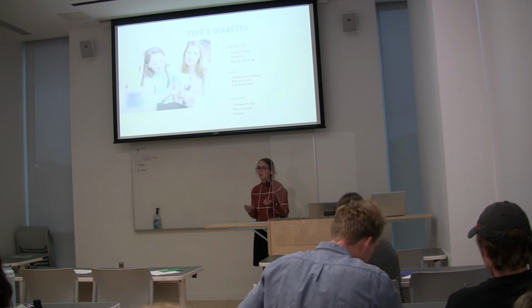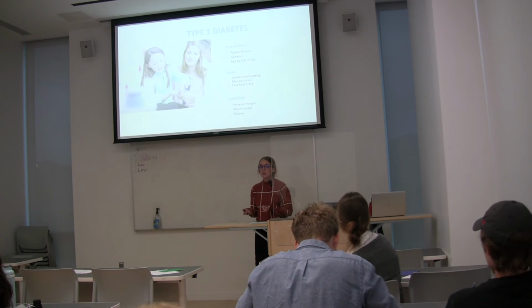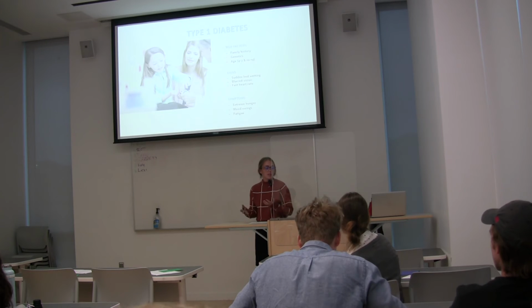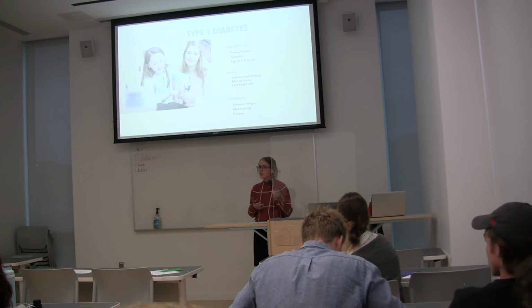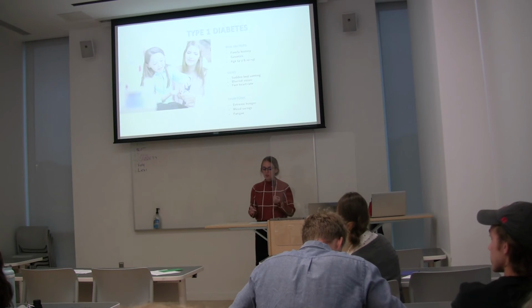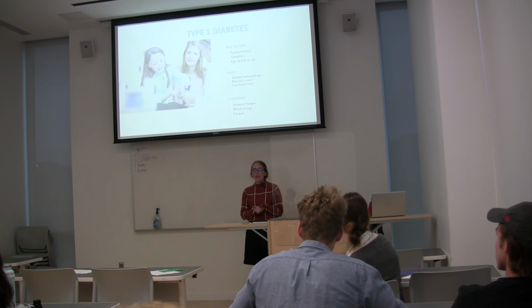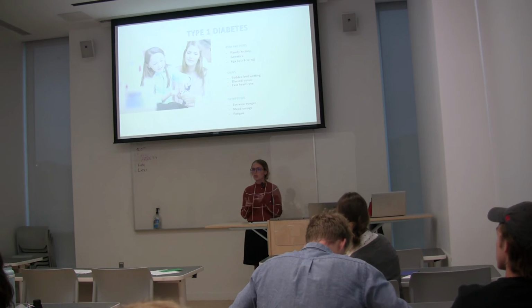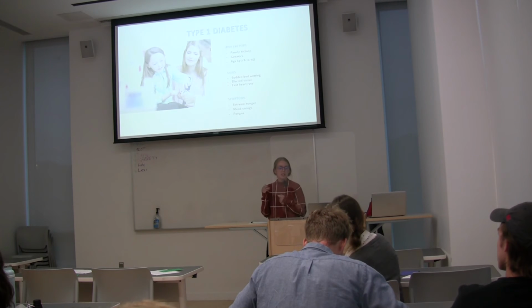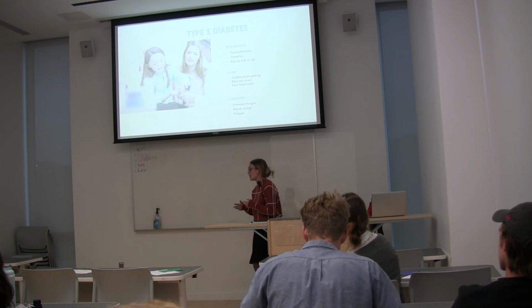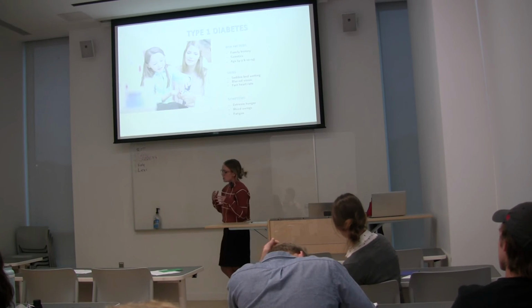If you have somebody in your family who has been diagnosed with diabetes, it is more likely that you as a child will be diagnosed with diabetes. It's not a for sure thing, it's just an increased chance. There are also certain genes that contribute to diabetes. And then it depends on the age, but we see two major spike zones is what they call them. Ages 4 to 7 is the first age group, and then ages 10 to 14 is where typically type 1